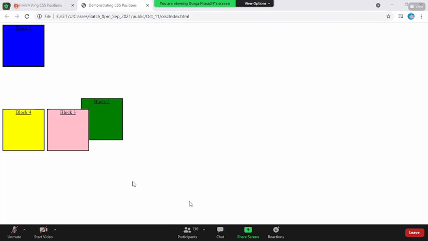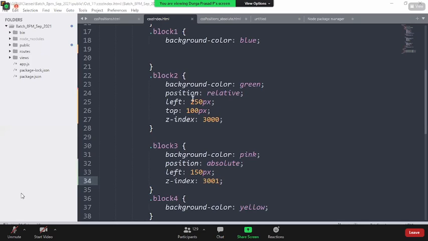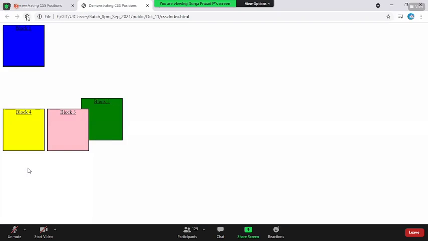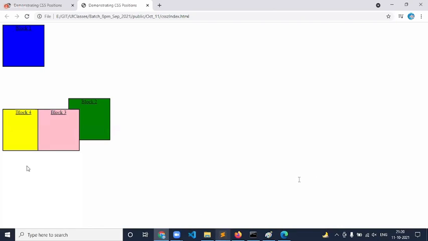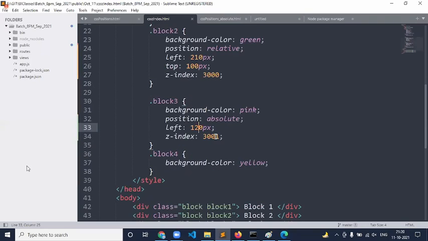Now you tell me, can I make, let us say the pink one left of 210, and this one left of 120. Coming back over here, reload the page. Now you see the pink one is coming on top of the yellow one. Is it possible to make the yellow one come on top of the pink one? Yes, sir. If the pink one has a z-index of 3001,